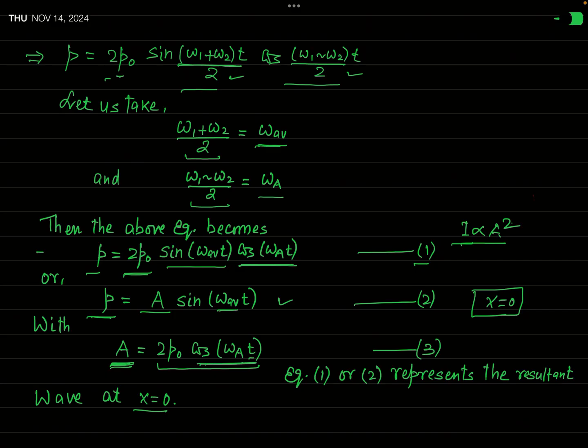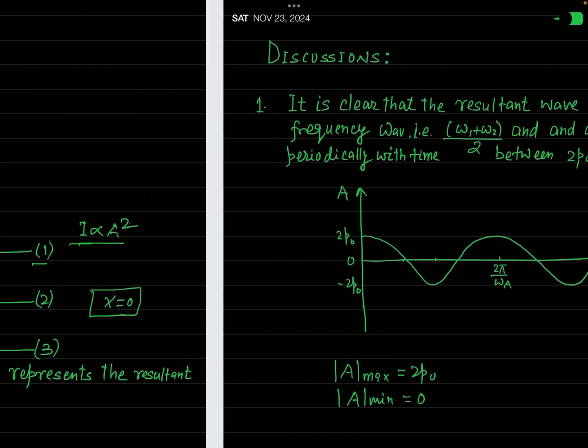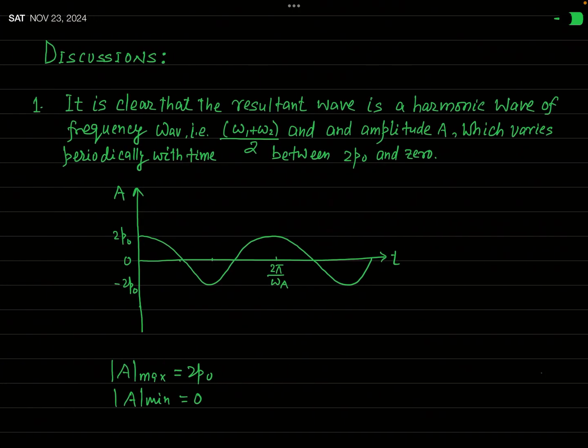And the minimum time interval after which intensity becomes maximum, or the minimum time between two successive maxima or two successive minima, is called the period of the beats, and the reciprocal of that period of beats will be the measure of beat frequency. So now you can find what will be the beat frequency, how you can obtain it. Now after getting this equation of the resultant wave, we are going to discuss the important facts